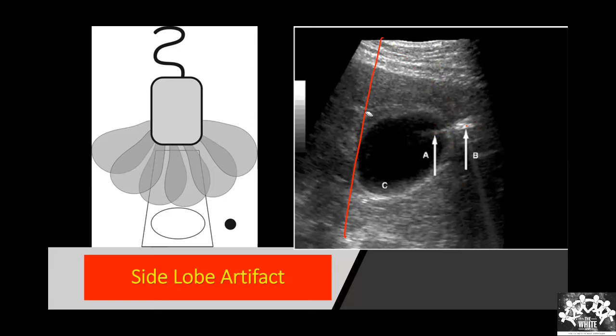What will we think whenever we see this? What do you think this structure is, based on the previous classes? Now I'm not talking about the comet tail artifact. What do you think this structure is? Cyst. Okay, this is a liver. Now you tell me what do you think this structure might be?